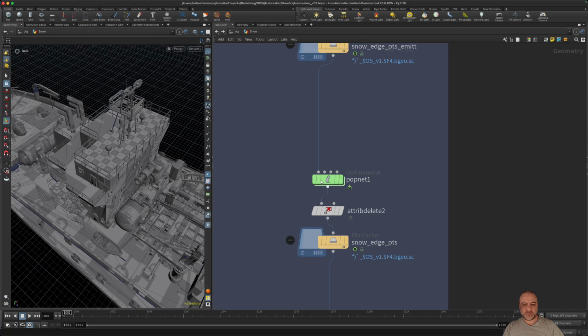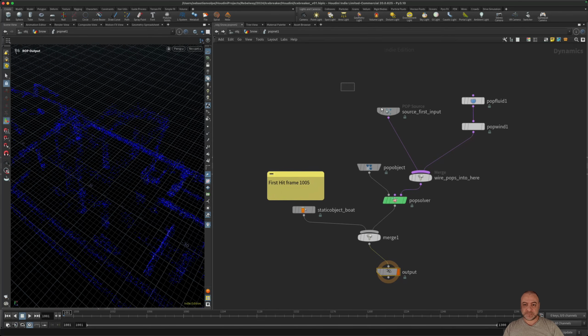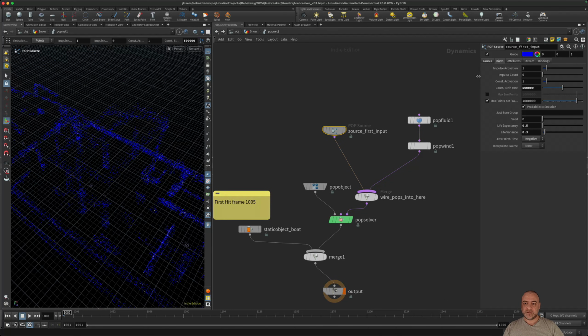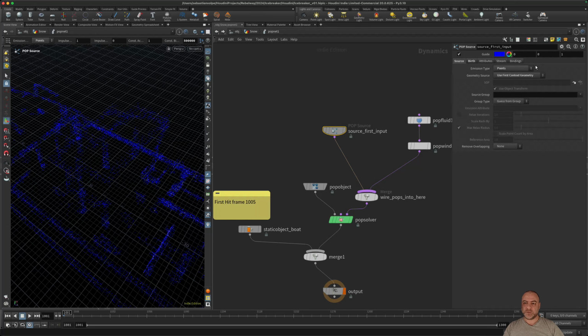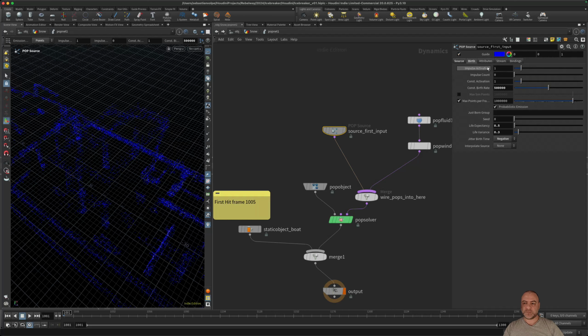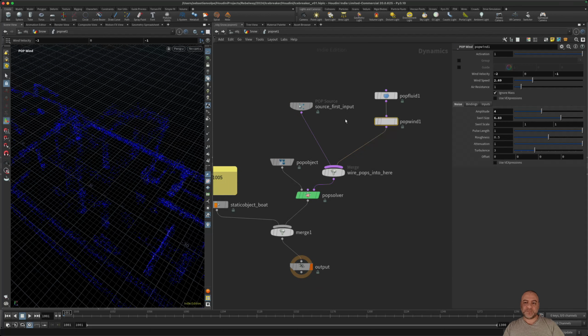After that, a pop network. From source, I use point, first context geometry, constant burst, this number, the life expectancy and variance. And interesting here, pop wind, so to match the direction.